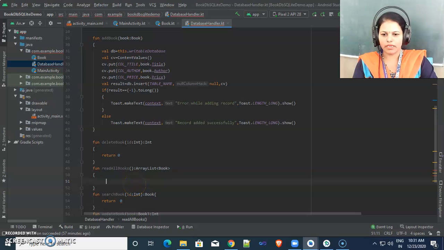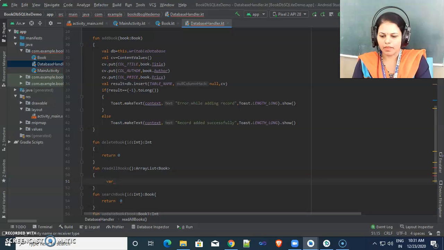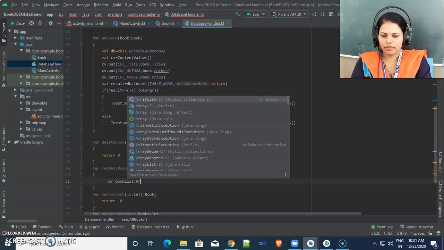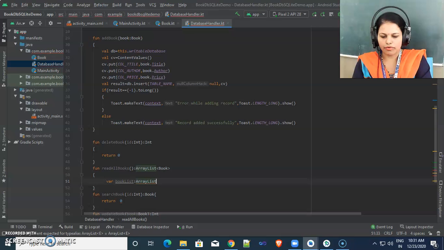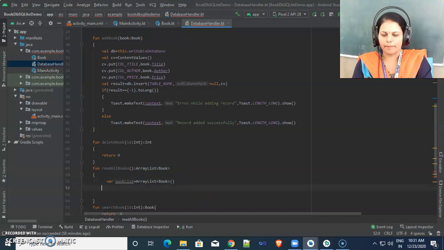So here I am taking one var, book list, which is an array list of book objects.